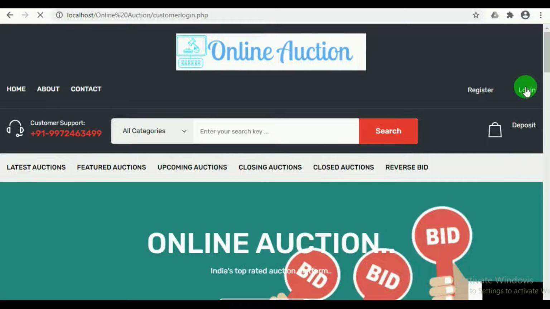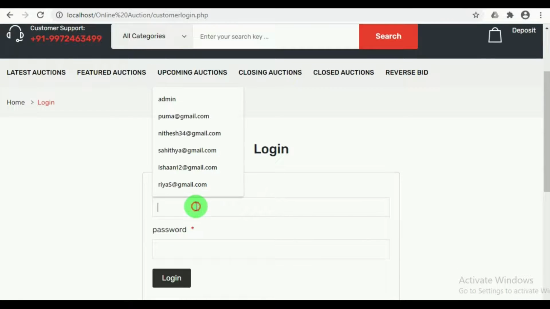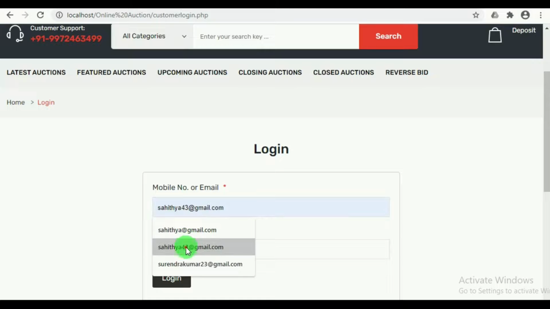Now let us log in as the customer who had made the highest bid by mentioning the customer's name, email ID and password.